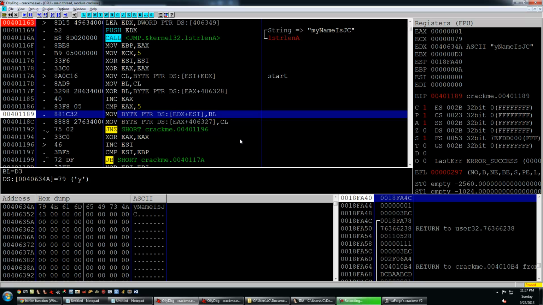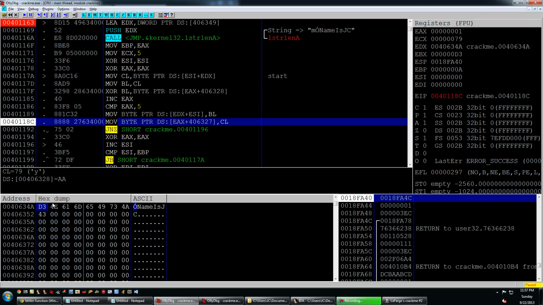The next instruction here. Now this is where it gets interesting. We're going to move BL, which if we remember, it's the modified or post XOR instruction, so that D3 is in there in BL, and we're going to move it into EDI plus ESX, which we're sitting right at. So we'll actually see this 79 change to D3. And now it's D3, so we've actually mutated our username with this XOR value. Now the next piece, which is equally important, is we're going to move CL. If we remember CL, it's at 79, or our Y, so our still good version of our username character,